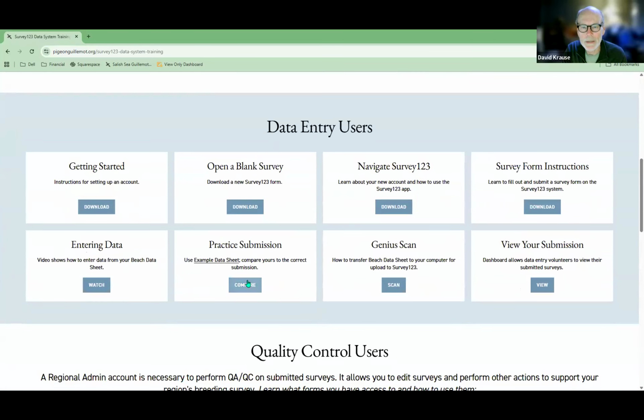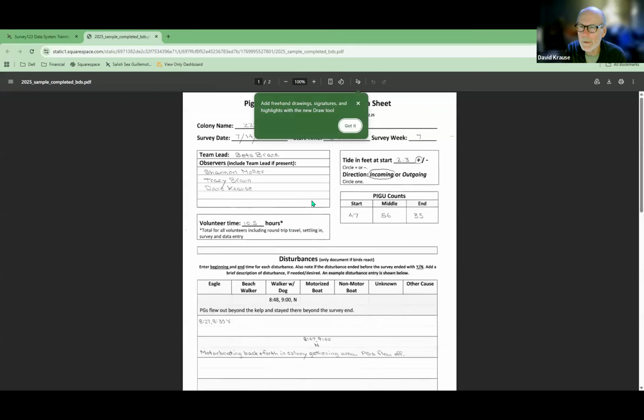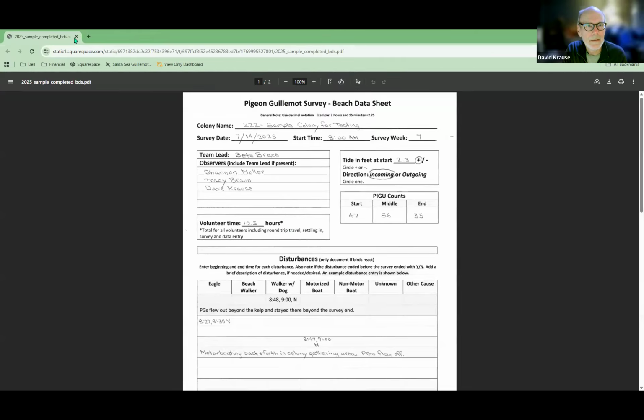And there's a practice submission here. This example data sheet opens up each data sheet. Can you see that, or do you still see a sample beach data sheet? Yes. Okay, good. So you can use that sample and